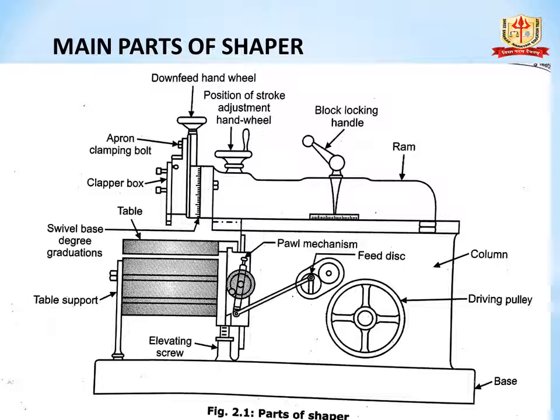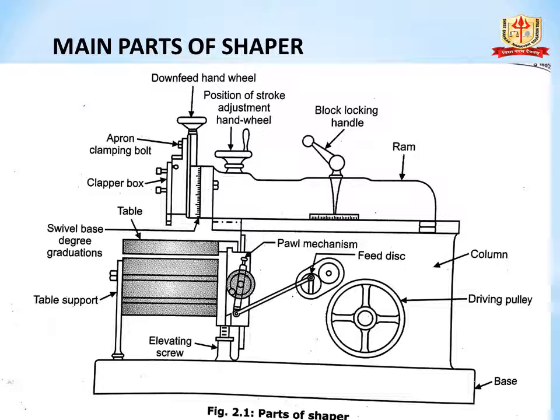Sixth part is a ram. Ram is a semi-cylindrical reciprocating part of shaper. Tool head is mounted on front end of ram. It reciprocates on accurately finished guideways made on the top of the column. Ram is driven by quick return mechanism. Ram possesses a screw shaft within itself to change its position relative to the workpiece.